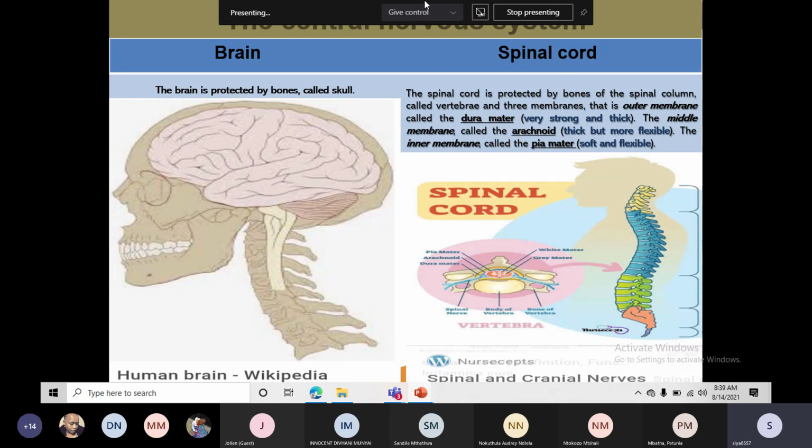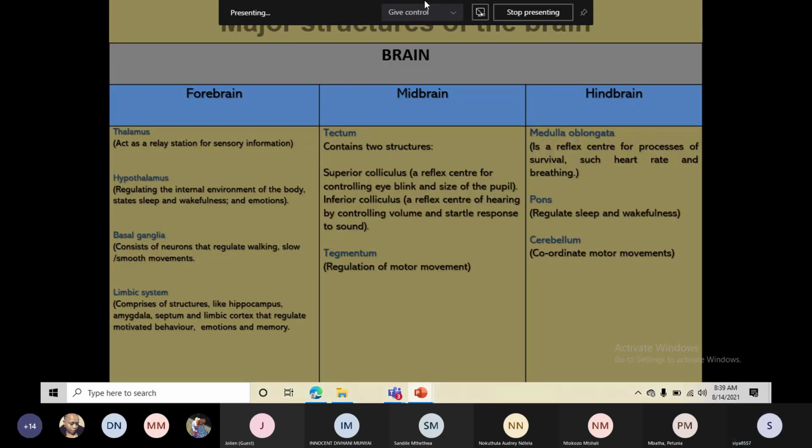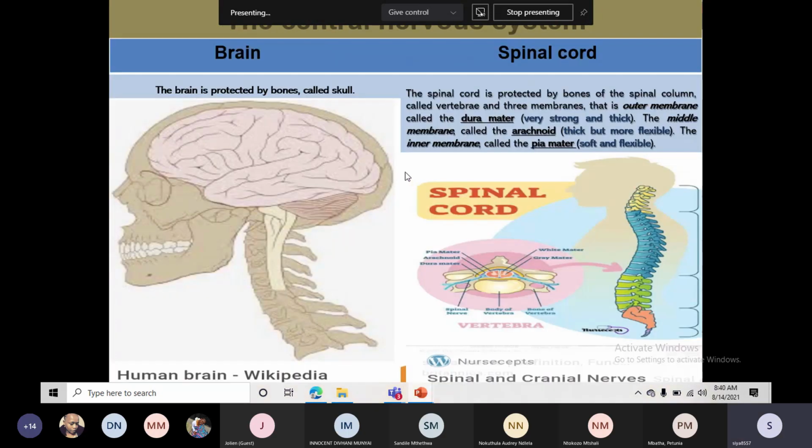You discuss it, you write your own notes on what protects the brain and the spinal cord. Then you have to move to the major structures, because when you ask questions in the human nervous system,